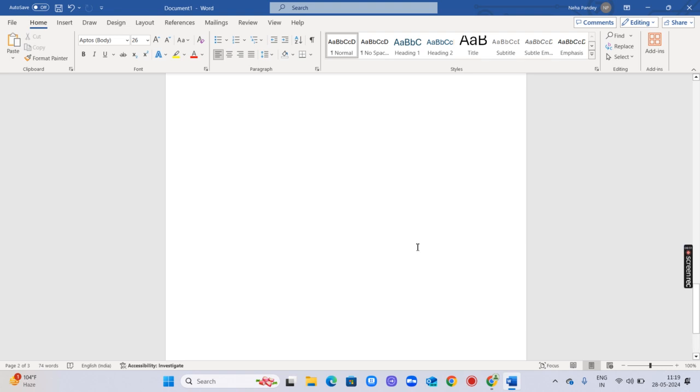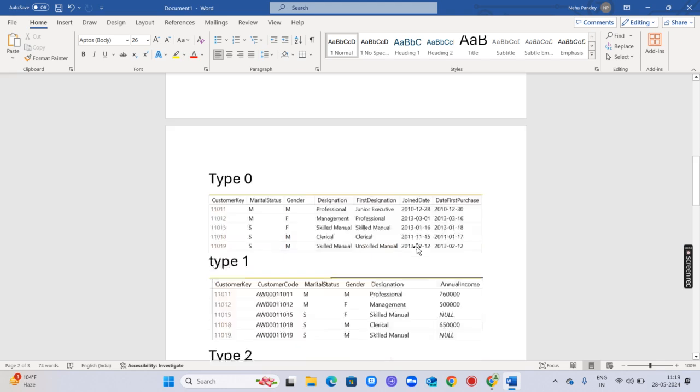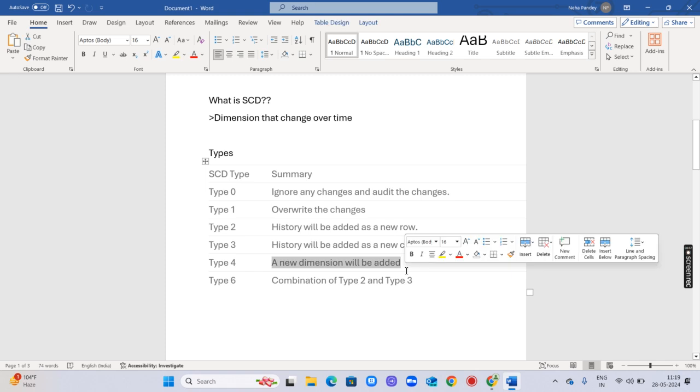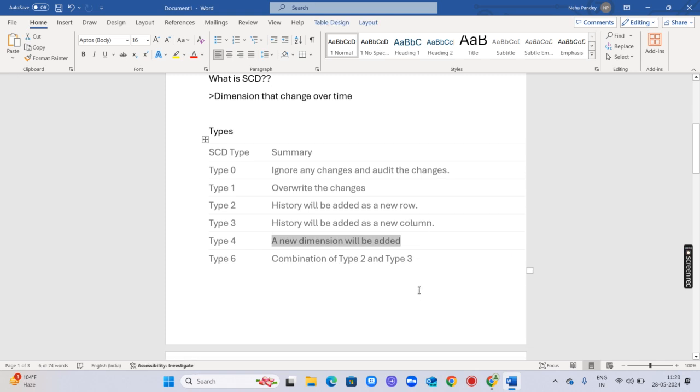In type 4, what are we basically doing? In type 4 dimension, we just add a new dimension, because whatever historical dimension is there is not sufficient for doing any analytics. Let us assume we want to keep the customer risk type depending on the previous payment.